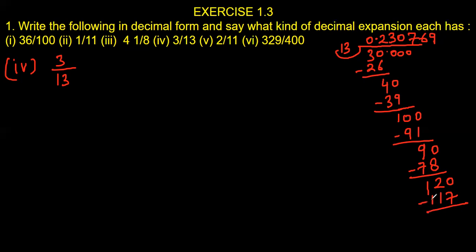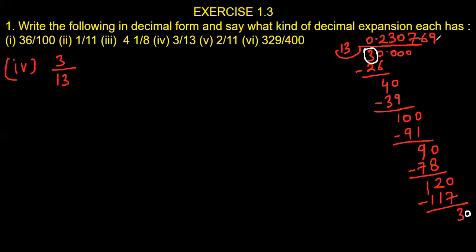Look, when you subtract this, you get back the same number 3. This 3 is now being repeated. The number 3 was there, and all these steps happened after that. So the 3 is here. That means all these digits will repeat again. This block of 6 digits, 2 3 0 7 6 9, is going to repeat over and over